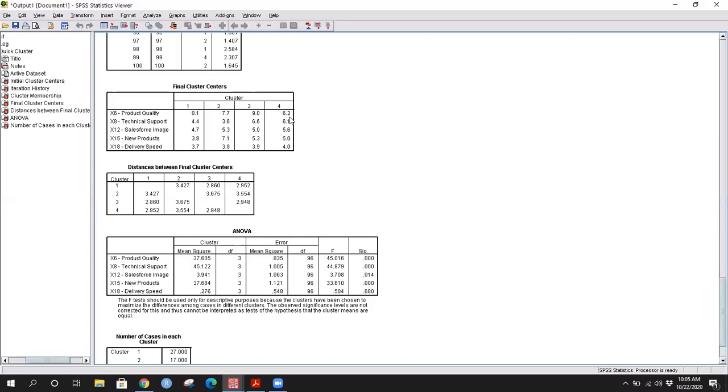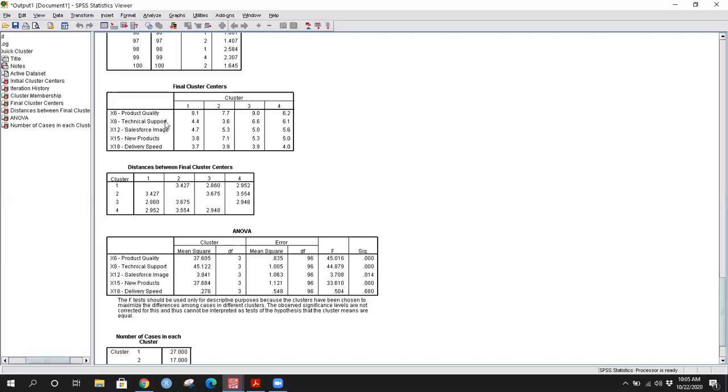So while you're describing one cluster, you have to do so in a relative comparison to other clusters. So look at cluster 1's product quality score. That is 8.1. Now compare this 8.1 across the row. You see that 8.1 is just below 9, which is the highest average rating. That means this cluster is very much satisfied with product quality, only below the first highest scorer, that is from cluster 3. So the cluster 1, as we can see, is more or less very much satisfied, okay, as the rating is second highest on product quality.